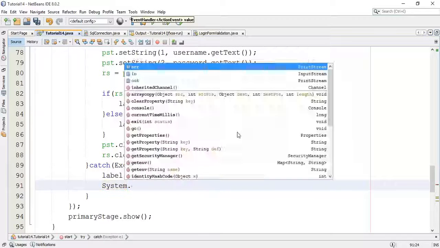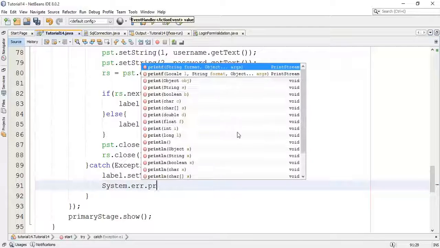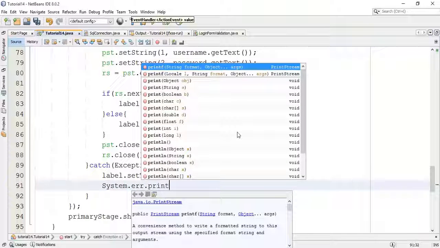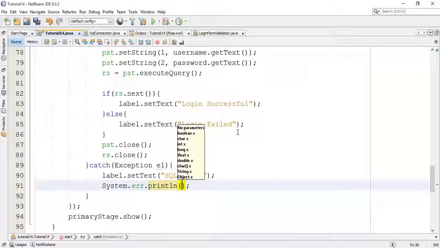So System dot err dot println, and I'm going to add e1 exception.